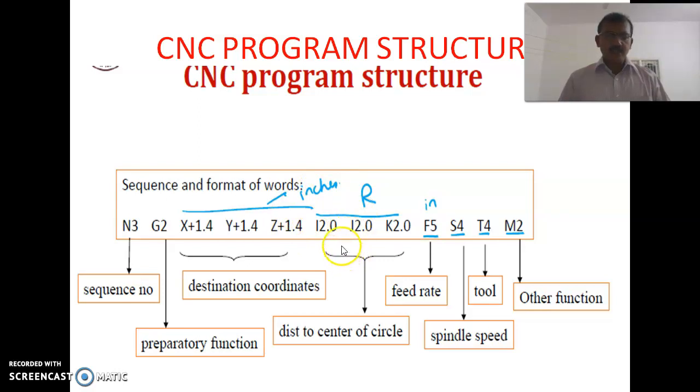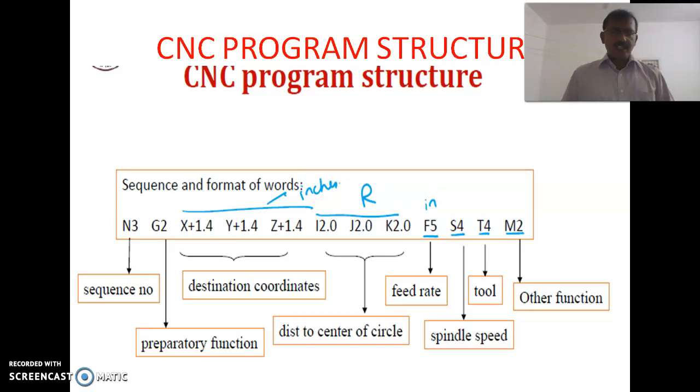If circular machining or arc machining is to be carried out, the G02 command is used. G02 is circular interpolation clockwise. Then G03, circular interpolation counterclockwise. In this, the tool moves in the anti-clockwise direction, from one point to another point.